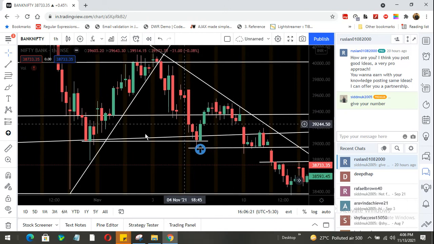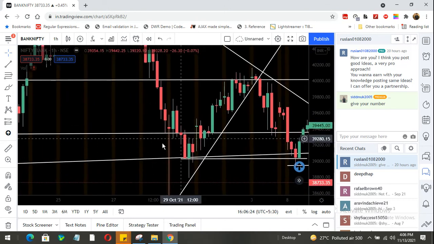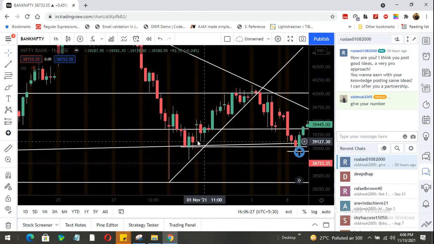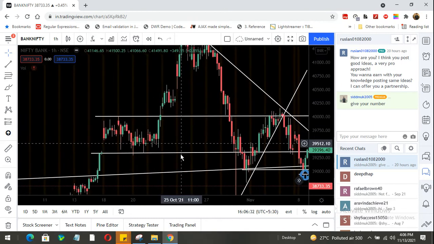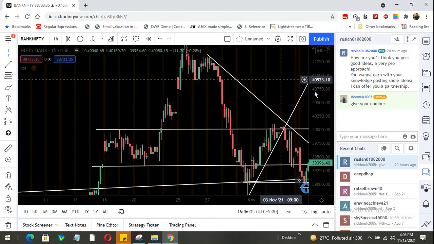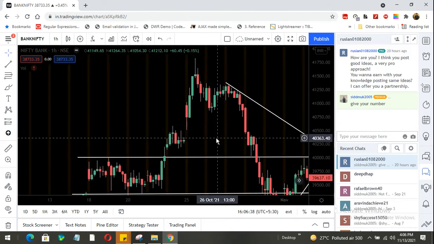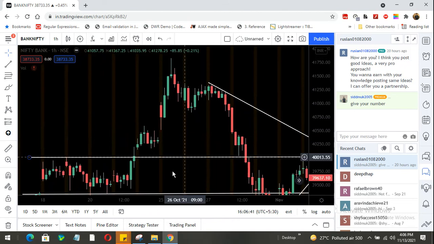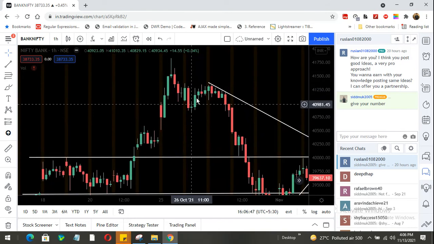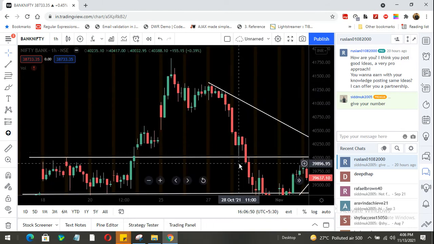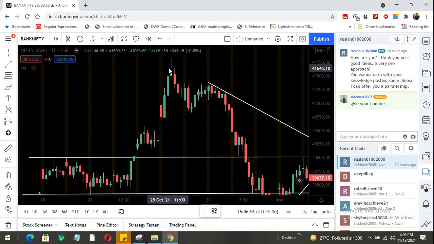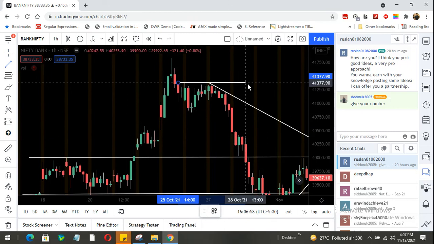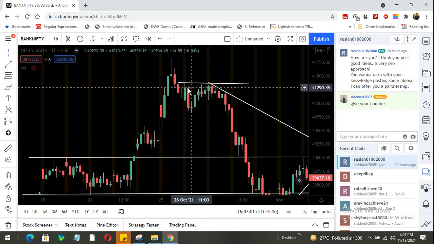Similarly, I told you about the bearish engulfing pattern. The bearish engulfing pattern also comes near the resistance area, or near a support area as well, when it comes to break the previous support. I will show you here. This is the bearish engulfing pattern. This red candle has already engulfed the previous green candle, and after 2-3 days you see the downside went on for the next 2-3 days. So this is exactly the resistance area, and in this resistance area, this is the bearish engulfing pattern.